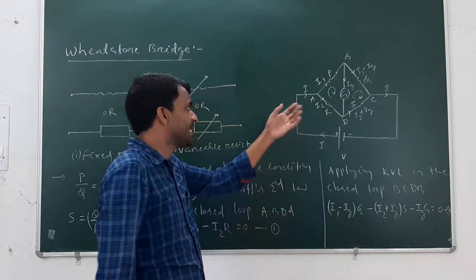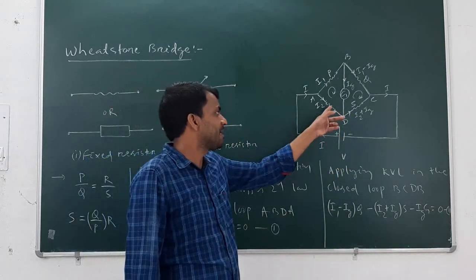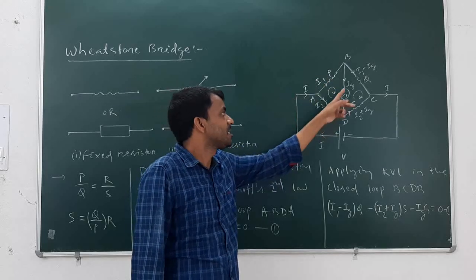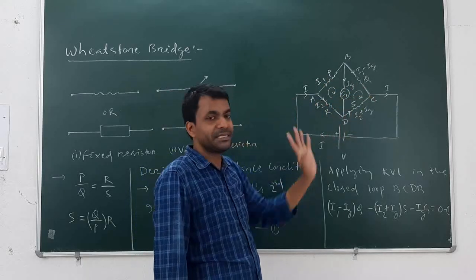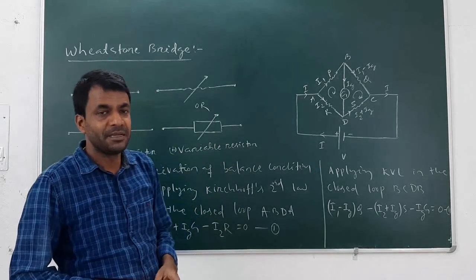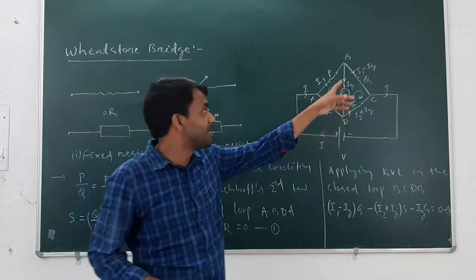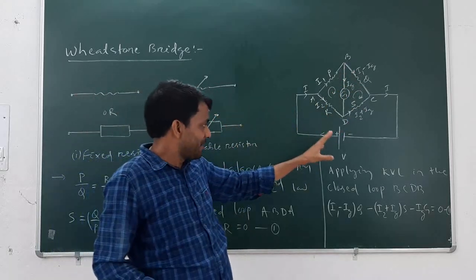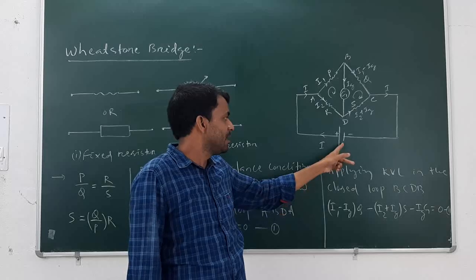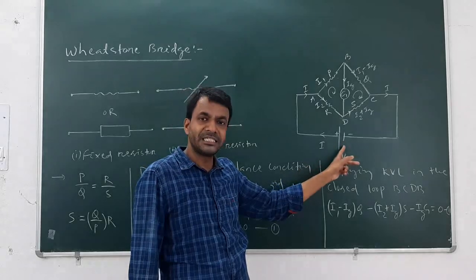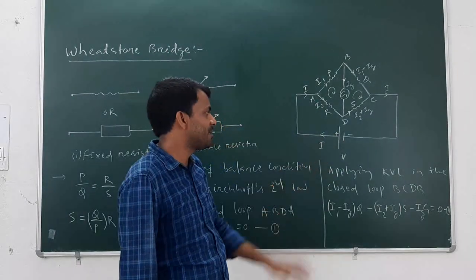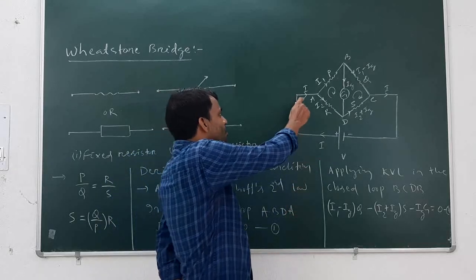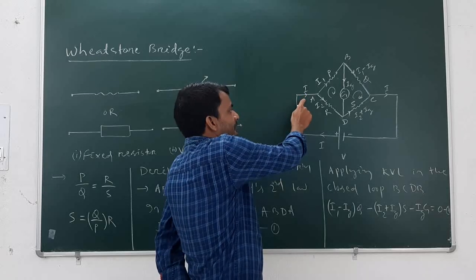Here I have drawn a diagram. I have taken 4 resistors having resistances P, Q, R, S. These 4 resistors form a bridge shape, and between them a galvanometer is also connected. Let me finish this diagram. Here this is a battery with potential difference V. The total current due to the potential difference is I.